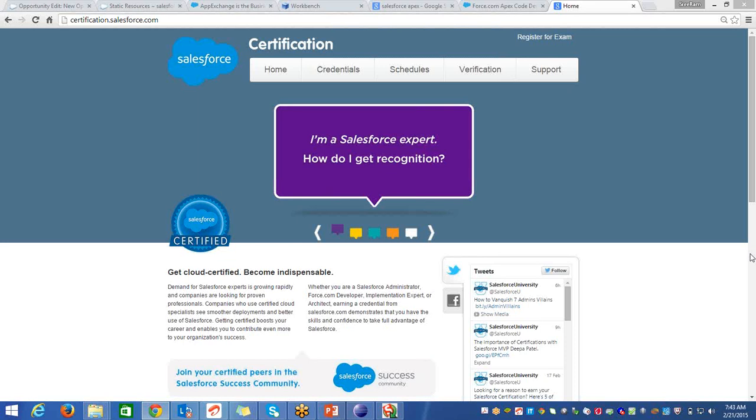But let's say, in the US, the thing I had seen is, let's say there are 10 openings for Salesforce, 3 will be on admin, and then 1 will be for a consultant, and then the rest will be on developers. So as a developer, you'll be having more options to play around, because if you give your certification for 401, what it exactly means is you have to know the point and click functionality that is available on Salesforce. So which means you are directly